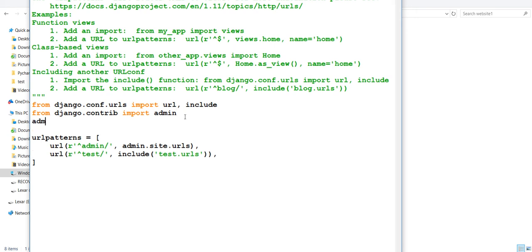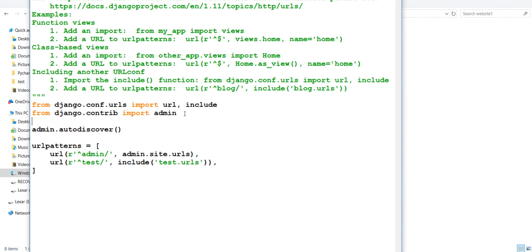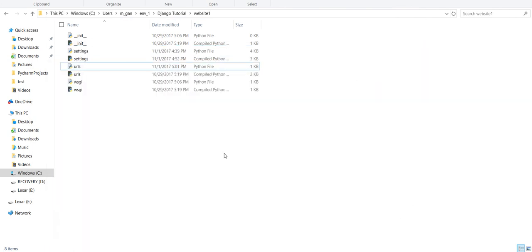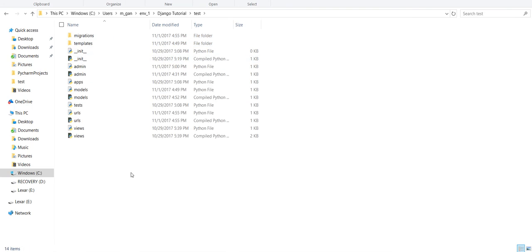After that, we can say admin.autodiscover, and then we can just put empty parentheses there. This is just some admin stuff right there. Okay, so now that we have saved all of our things and hopefully everything's working nicely, let us run our